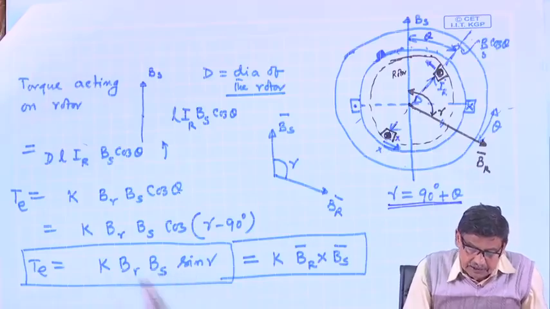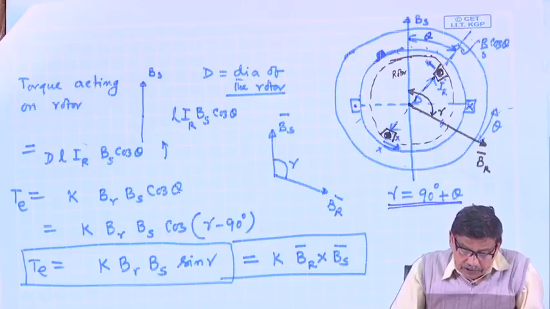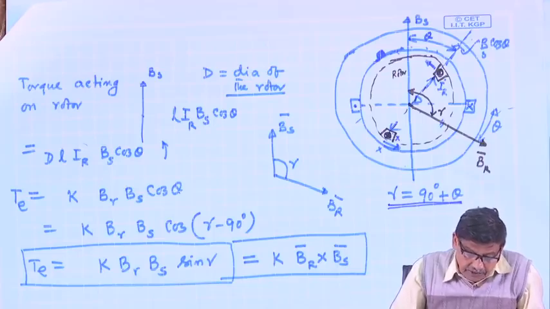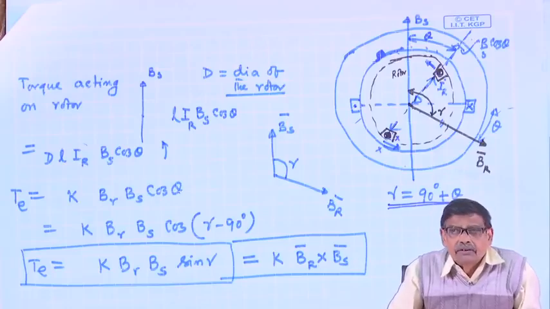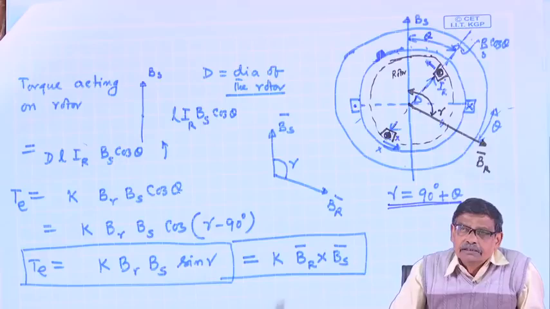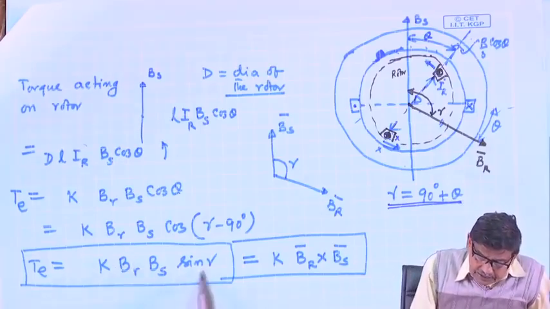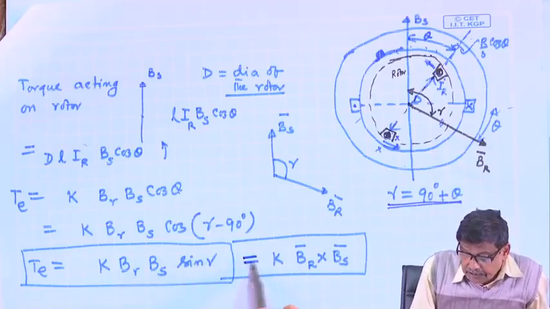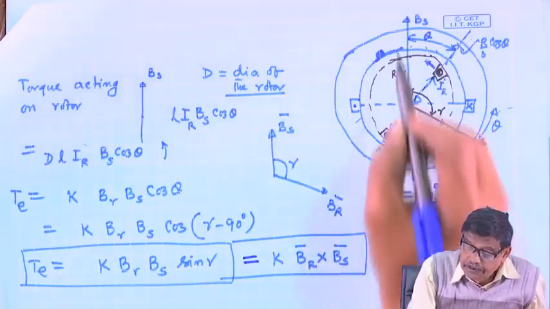B r and B s are the peak values of the B distribution of the rotor and the peak value of the stator field, and k is a constant of the machine, d, l, and other constants which may include relative permeability and things like that. But the essence of the thing is B r B s sin gamma. Then I told you that this can be expressed as a cross product of these two space vectors B r and B s,